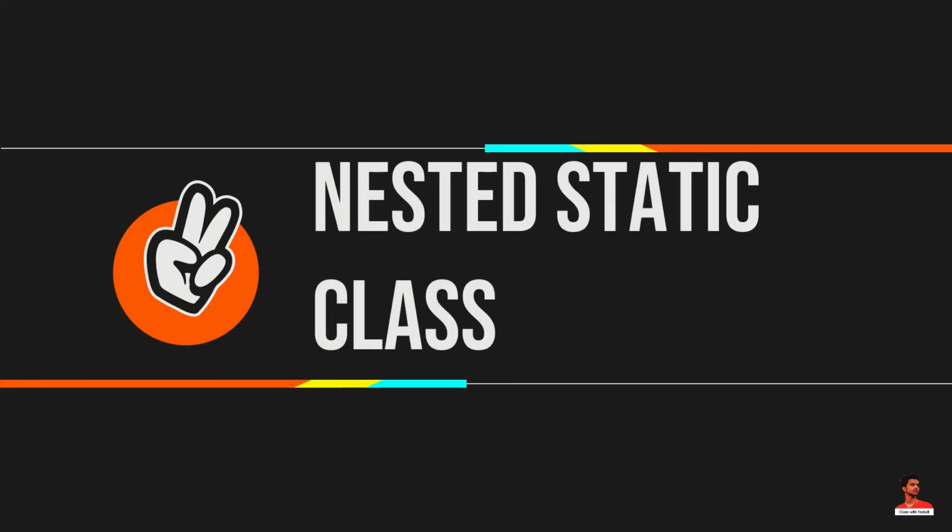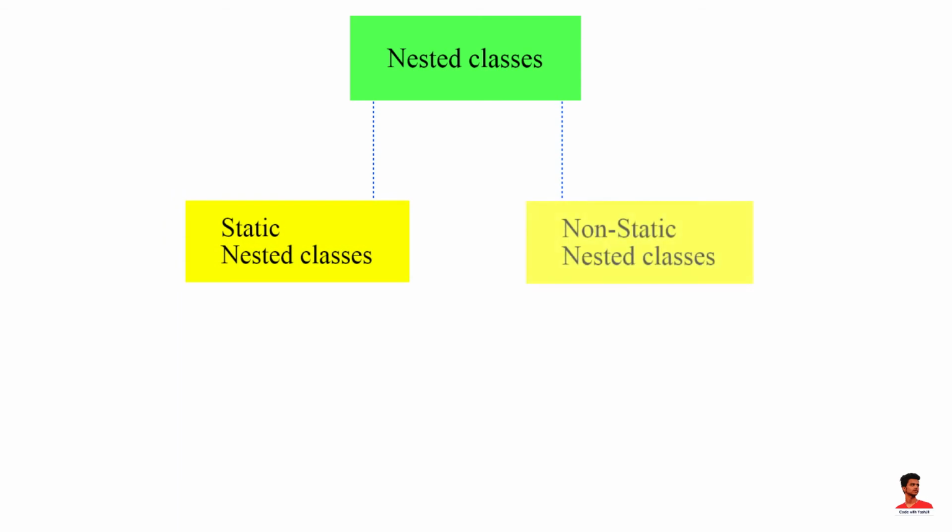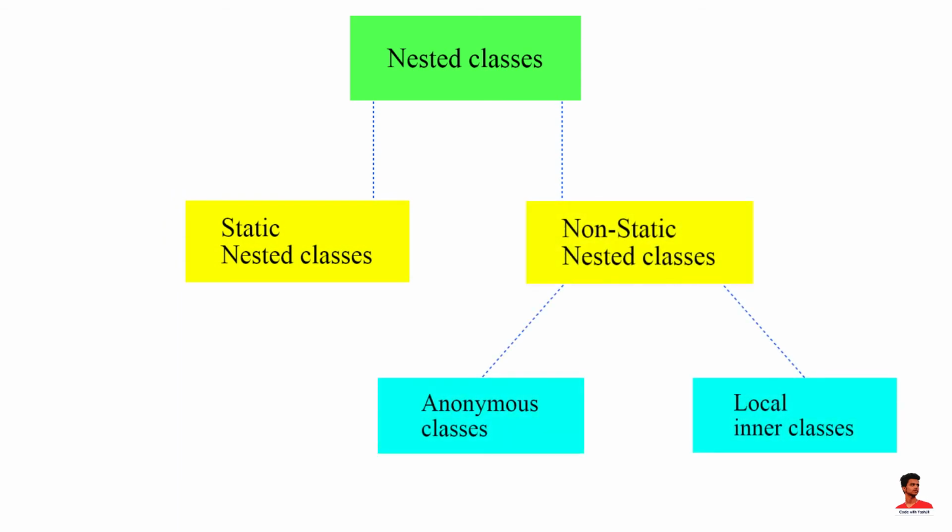In Java, we can declare a class inside another. Such classes are known as nested classes. Nested classes are of two types: static nested classes, non-static nested classes. For example,